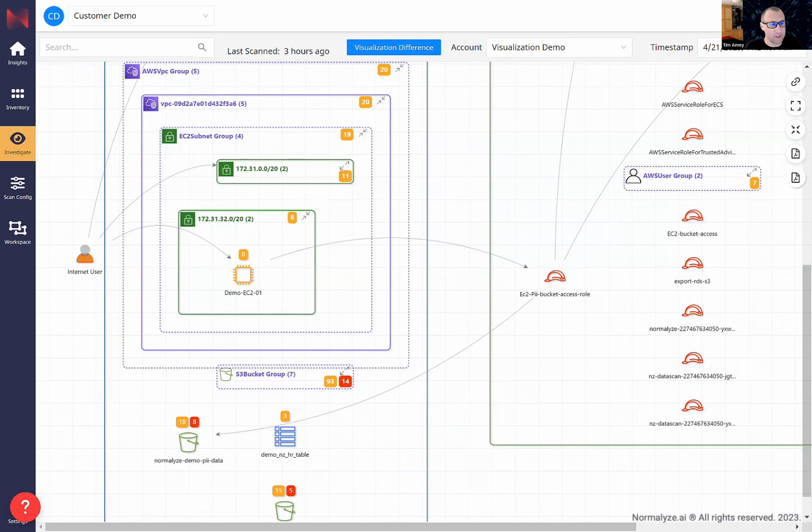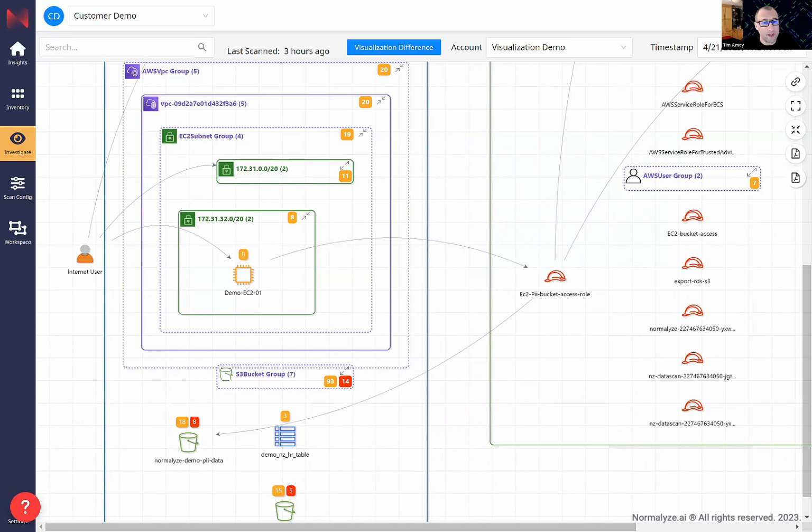Welcome to Normalize. We are going to talk to you about data-first cloud security for everything you run in the cloud. Normalize empowers security teams with all the components of holistic data security. That's data discovery, data classification, access governance, risk detection and remediation, and compliance. Now we're just going to give you a flavor of what is available in the Normalize platform here in this